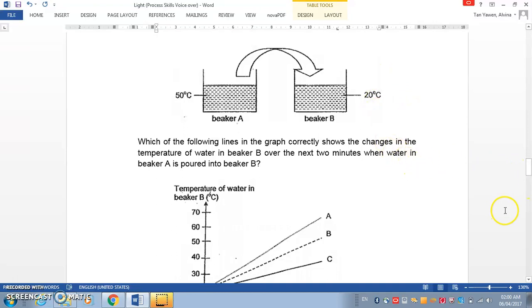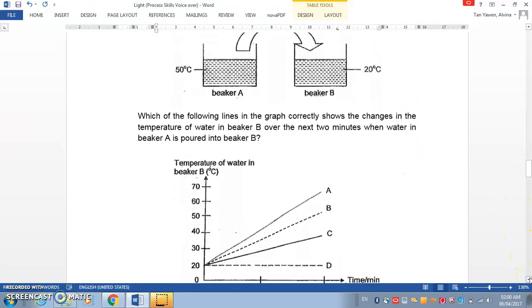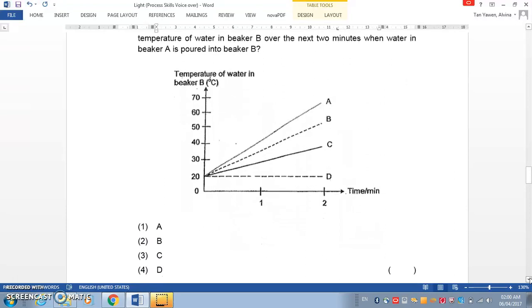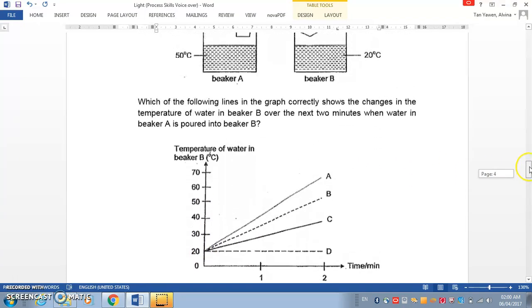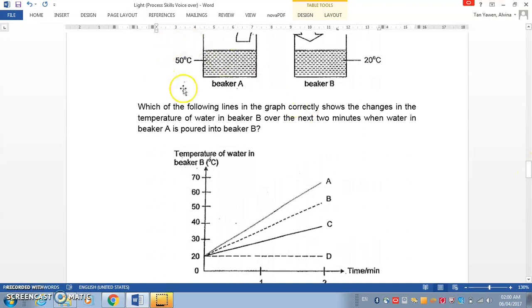So let's look at the graph below. If we look at this graph, we realize that all actually show an increasing trend because all the graphs go upwards. But the temperature at which it ends is important to tell us which is the best suited graph. So let's go back and look at the temperature of beaker A. The temperature of beaker A is 50 degrees, which means that if we were to mix beaker A and